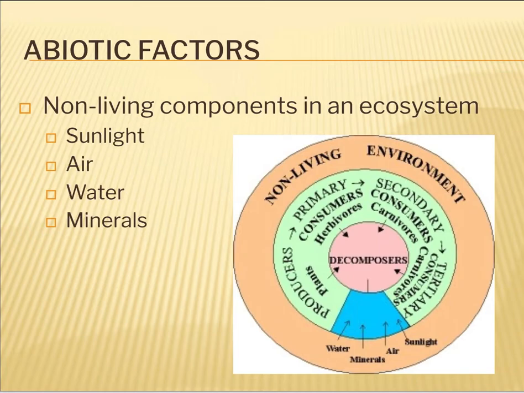Abiotic factors, on the other hand, are the non living things in an ecosystem. Now remember, don't confuse non living with dead. Non living or abiotic means that they were never alive and never will be. The sun is a critical part of life here on Earth, but there isn't a single cell within it. It's merely a massive ball of hydrogen and helium over 93 million miles away, burning in our sky. But still, it's so important. Despite the fact that water and rocks and air and the sun are all non living, they still play a critical role in the ever changing nature of our ecosystems here on Earth.